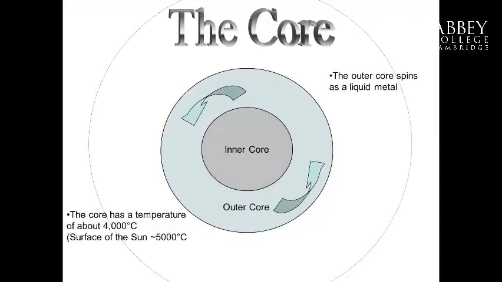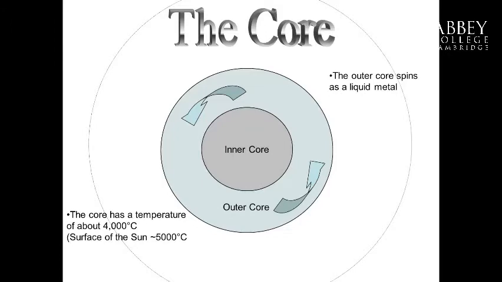The Earth has more mass somewhere, and we know what's on the surface, and we know what's just beneath the surface. So the only other place it could be is in the centre. In the centre of the Earth, there is something very, very dense. And Newton was one of the first people to suggest that the Earth had a metal core. And he was right. The Earth does have a metal core. Seismic imaging has since confirmed Newton's hypothesis that the core of the Earth is indeed metal, and is actually very large.